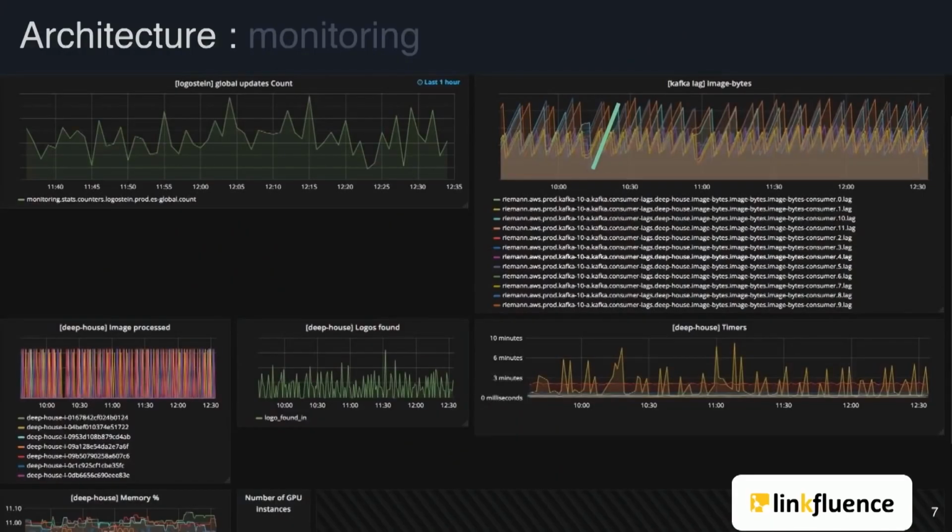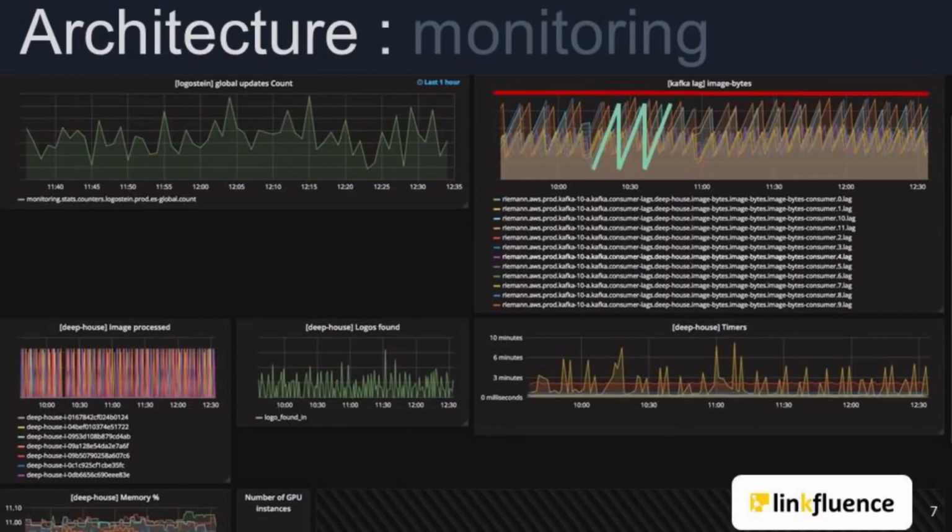Monitoring is really, really important, and Kafka allows you to do many things with monitoring. So let me show you a few graphs from our monitoring panel. What you have here on the top right of the image is the lag in Kafka. So the lag is the number of images you still have to process. You can see that it just goes up and up. It's because you are adding images, and then it goes down. It's because you just tell Kafka that you have processed a batch of images, and Kafka acknowledges that, so the lag reduces. You have to monitor this because if the lag gets too big, it is an issue. That's why it's a good idea to have a threshold on top of which you get an alert